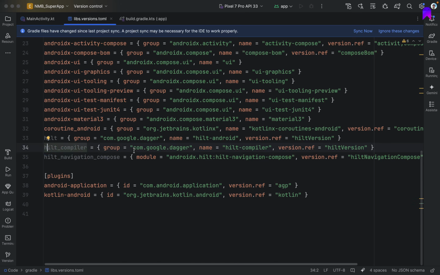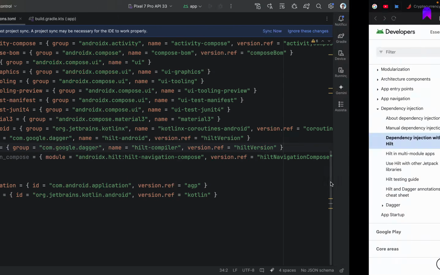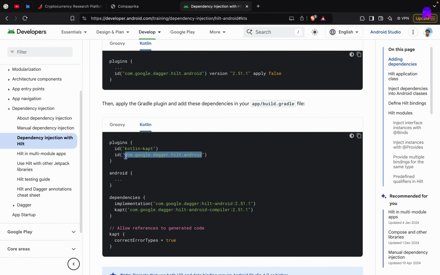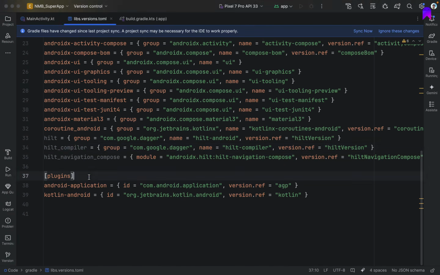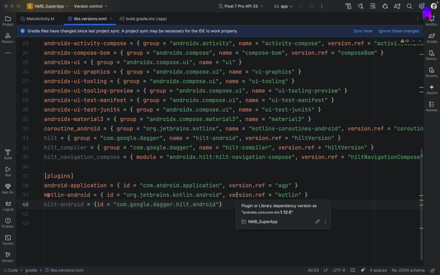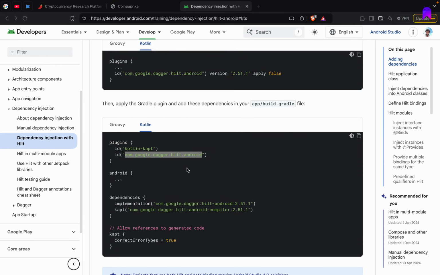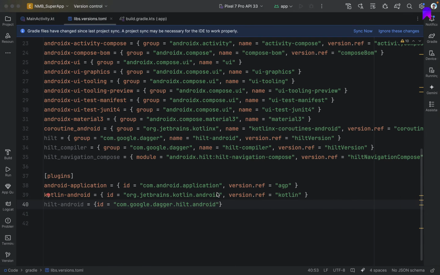Now we have defined all of the dependencies needed for HILT integration. There is one plugin as well for Dagger-HILT which we need to define. So this we can copy, and inside our TOML file we have this plugin section. Here we can define one for HILT Android, and in ID we can pass this one which we just took from here. We also need to pass the version,